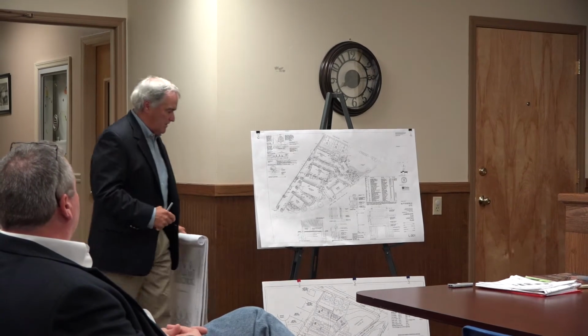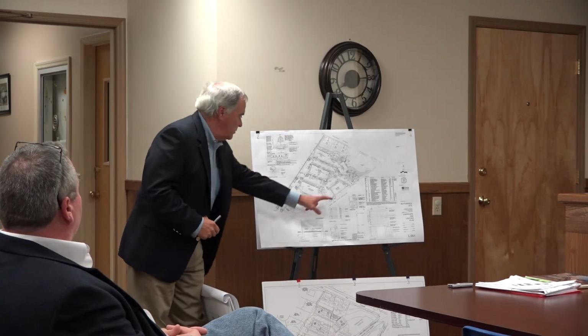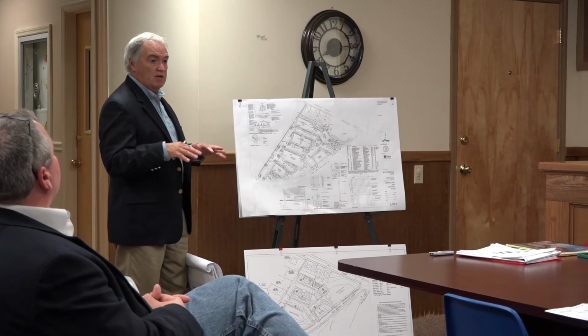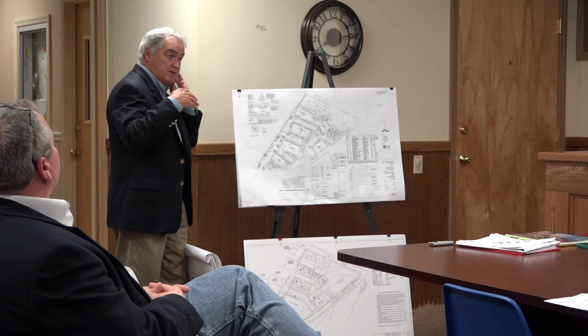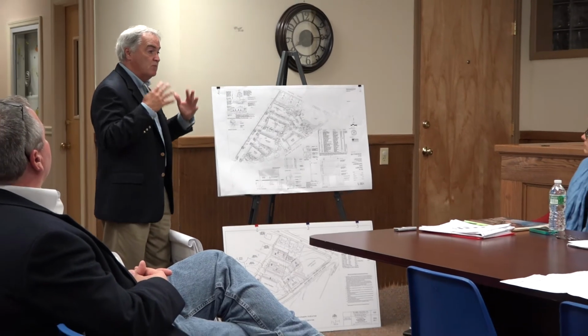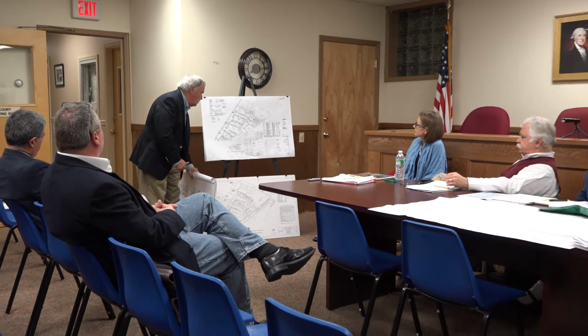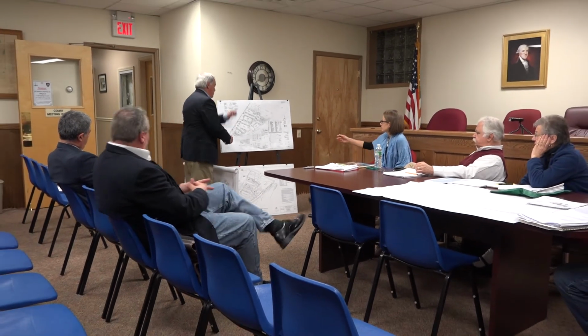The first 2 buildings, buildings 1 and 2, they're 2.5 stories. They'll have retail on the ground floor, and then they'll have office on the second and the half story, up in the roof. And so we looked at, well,